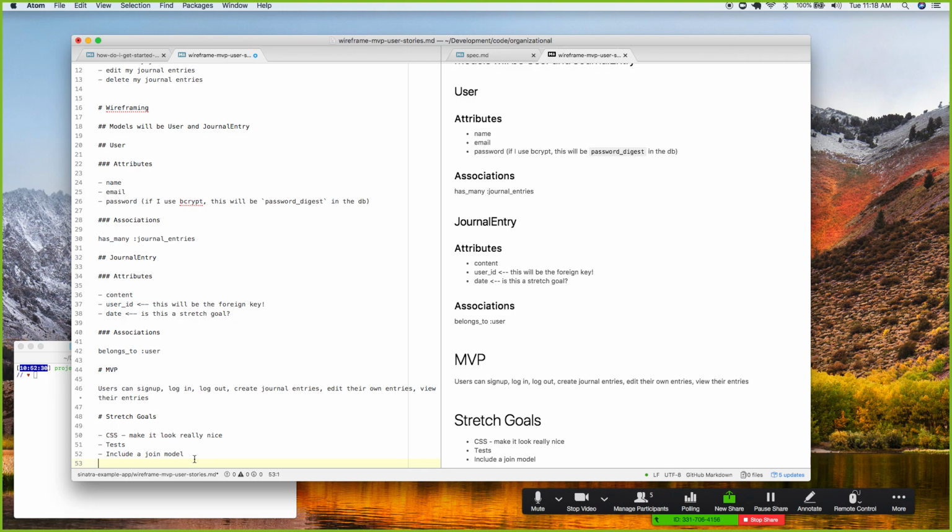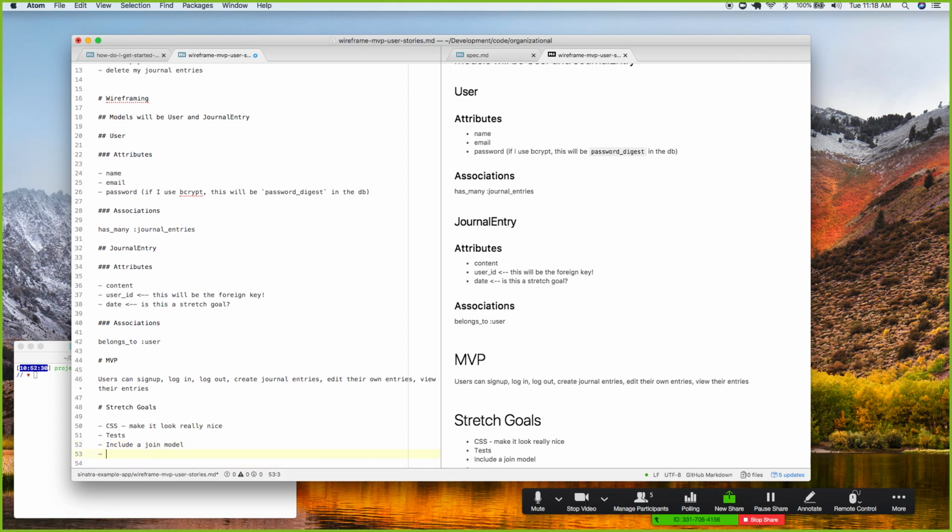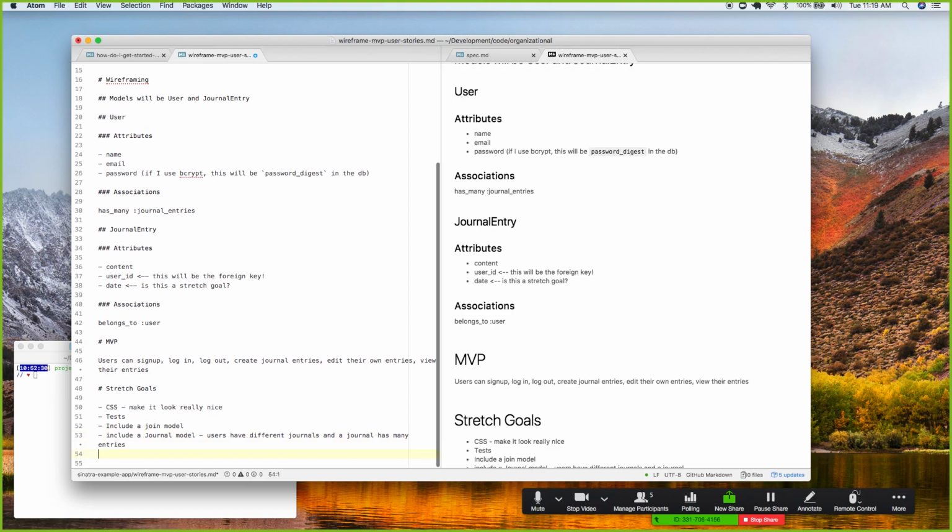No questions? For stretch goals, I would think it might be cool to do something like include a journal model where users can actually have different journals. Users have different journals, and a journal then has many. Okay. We could also do something where users can choose to make their